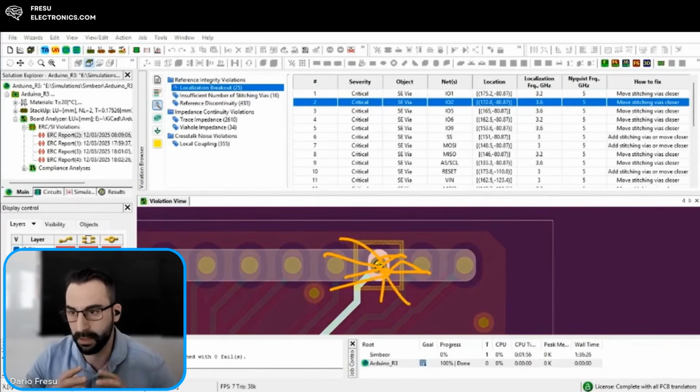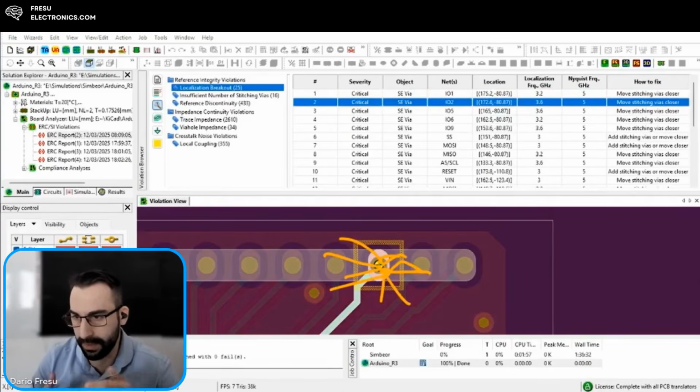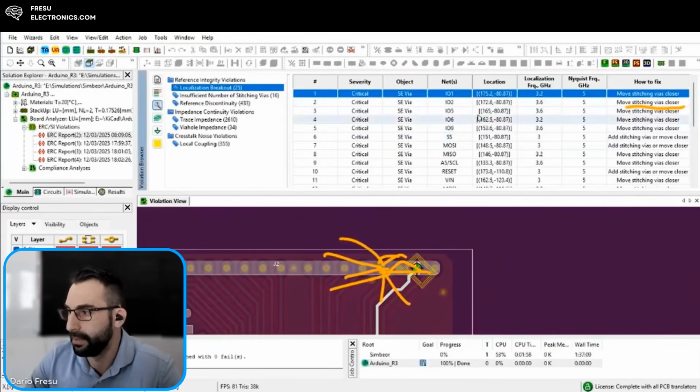and it also changes the way the signal was supposed to be constructed. If we think also in terms of impedance, what is the impedance? The impedance is simply the ratio between voltage and current. It doesn't have to be more difficult than that. It's a ratio of the fields, and a ratio of the voltage in comparison with the current. So if I have this change of impedance because I don't have the stitching via closer in here, this is going to change the way my signal propagates. And it tells you already you have a critical problem. This is a problem where you need to place a stitching via closer